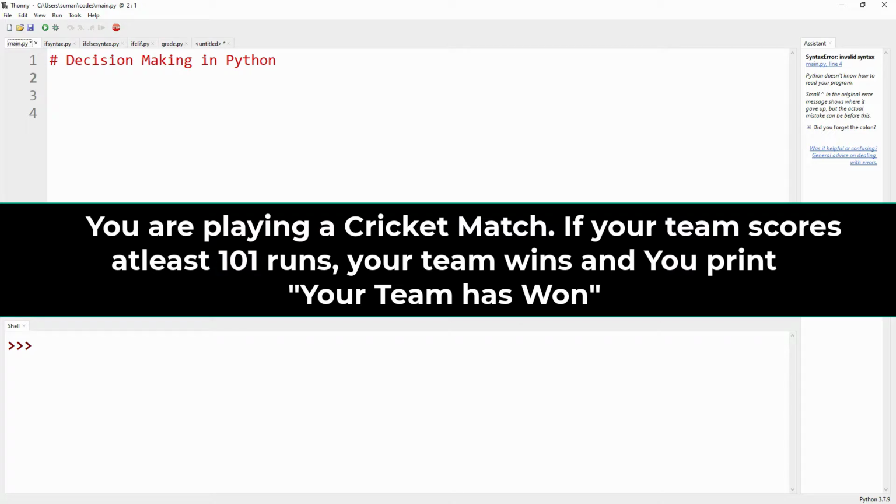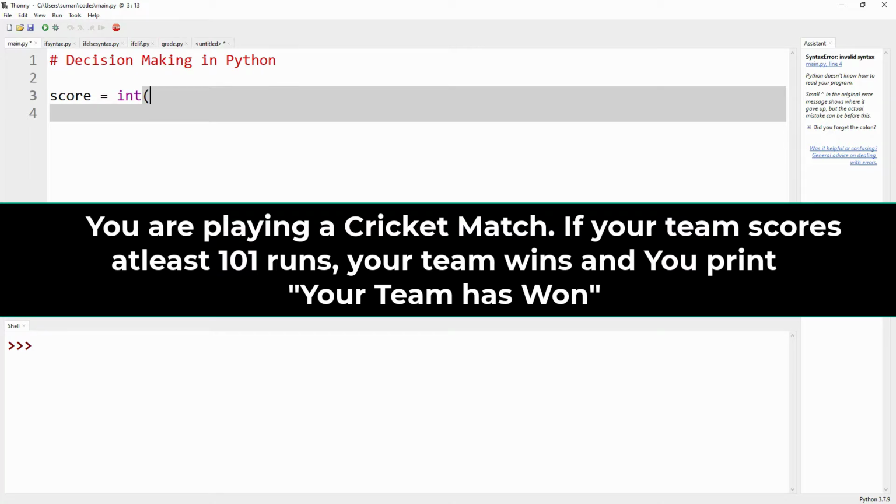So for the problem, we first declare a variable, score, and that score variable takes some input from the user, and we convert it into the integer type.